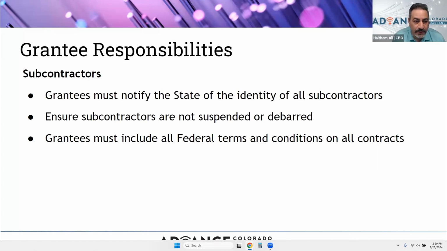Grantee responsibilities, and specifically regarding your subcontractors, you must notify the state of the identity of all subcontractors that are going to be working on the project. It is the grantee's responsibility to ensure that subcontractors are not suspended or debarred, and are in good standing. And grantees must include all federal terms and conditions on all contracts between grantees and subcontractors,